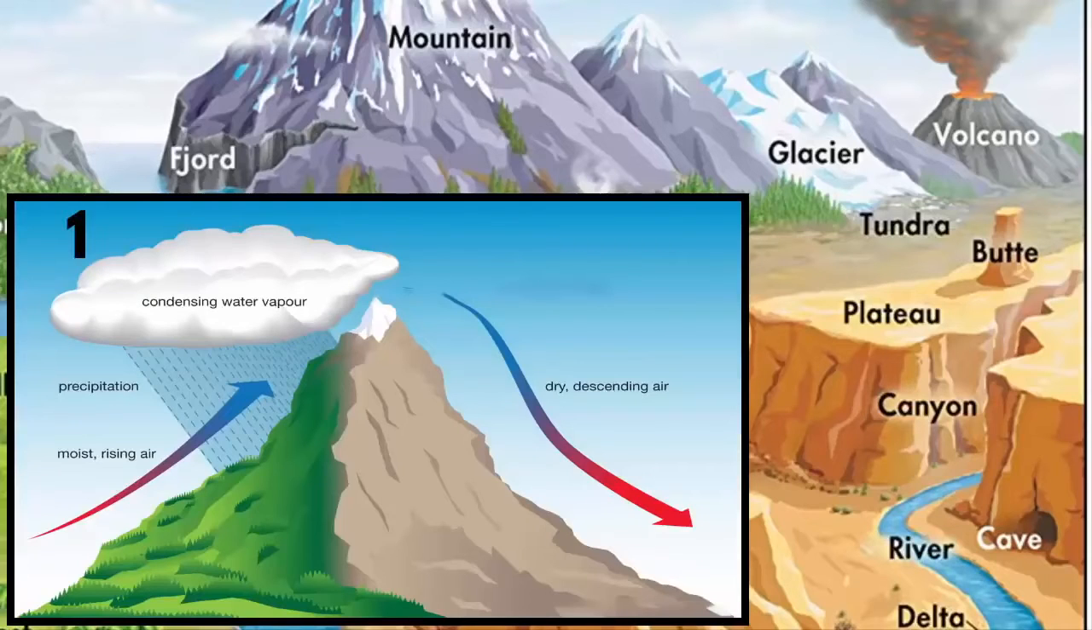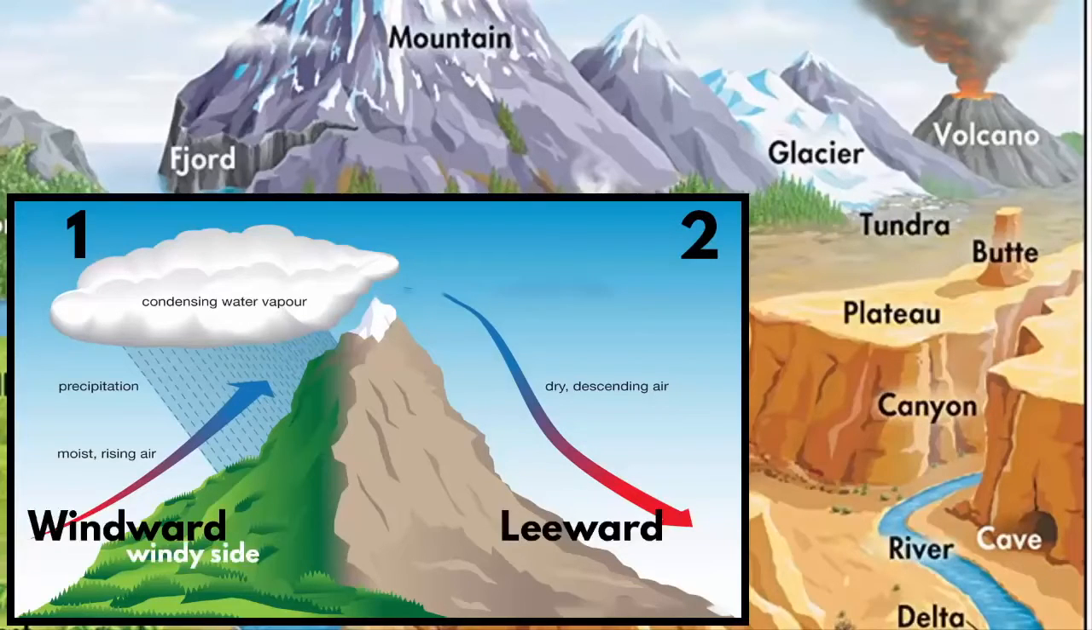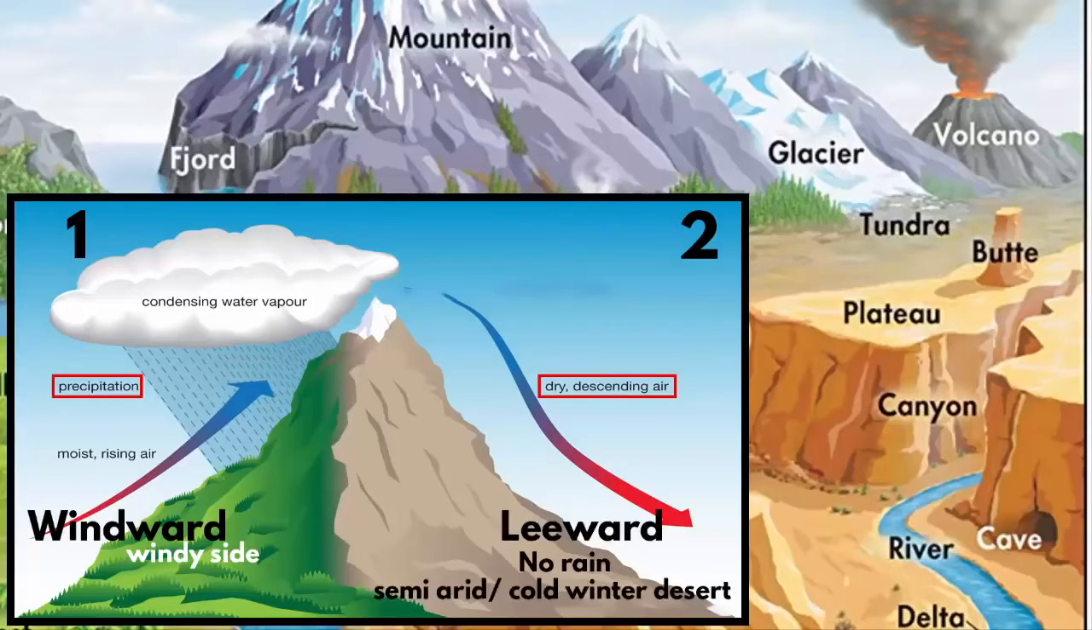So there are 2 sides of a mountain. One is the windward side and the other is the leeward side. By looking at the name, you can easily figure out that windward means the side of the mountain which faces a lot of wind. As a result, rainfall occurs. And leeward side is the opposite side, where it is dry and there is no wind. That means there is very little or no rainfall at all on the leeward side of a mountain. So these semi-arid and cold winter deserts are found on the leeward side of a mountain, which are also known